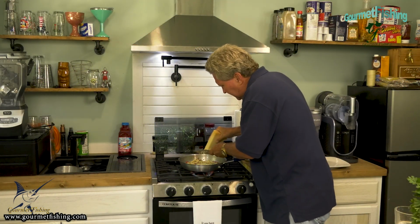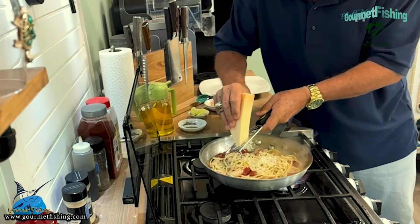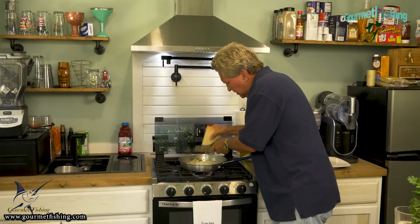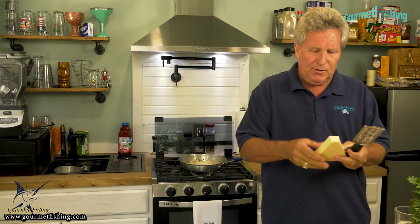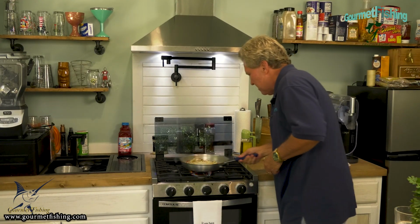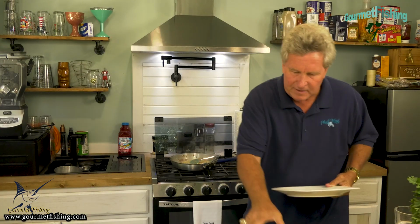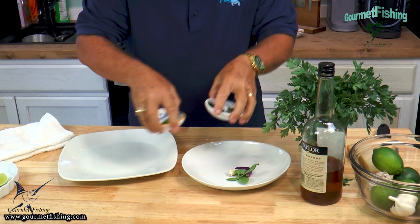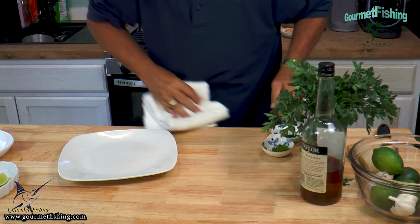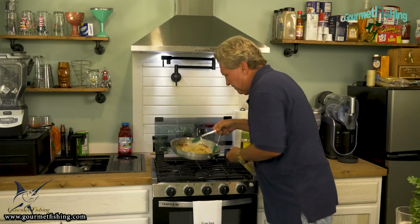While we are finishing the dish off, we're going to add a little bit of this fresh Parmesan, just like that. Depends on how much you like it. Use what you like. So, just like that. And we're going to come over, just like so. Move some of this out of the way. Clean up, just like that, and we're going to come in